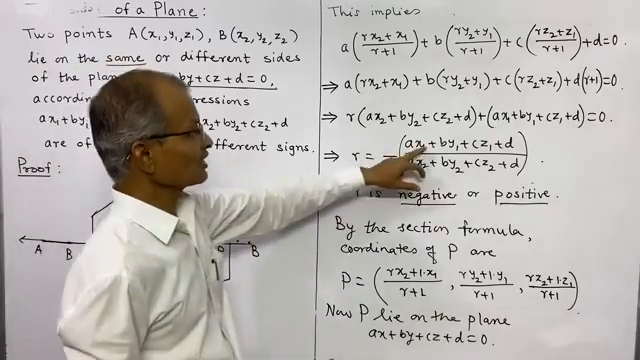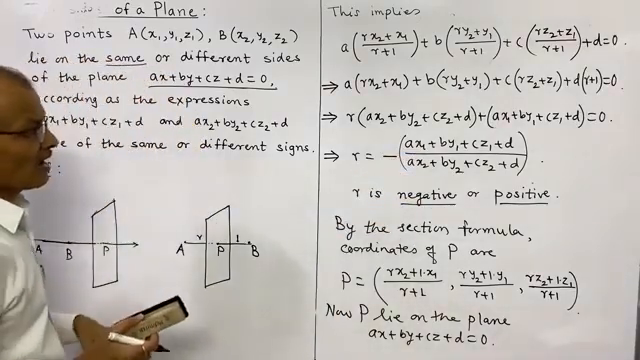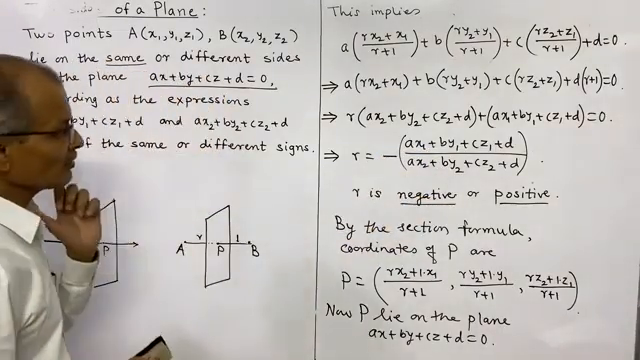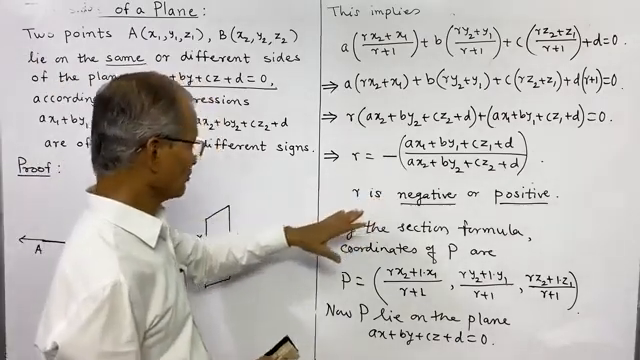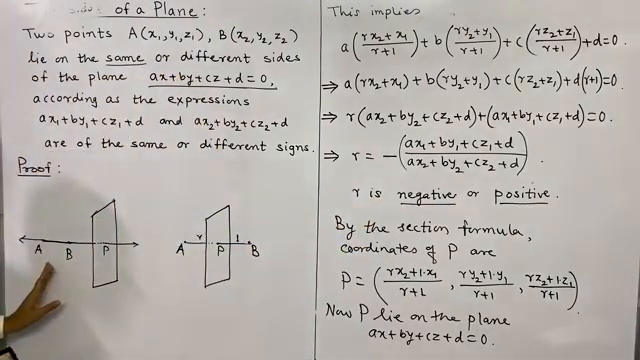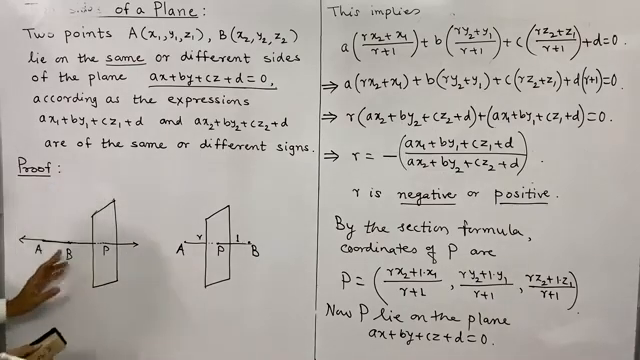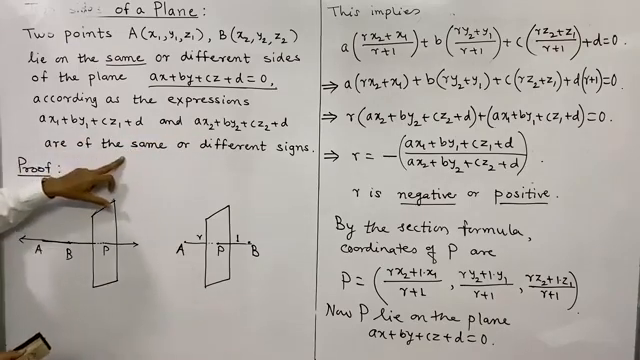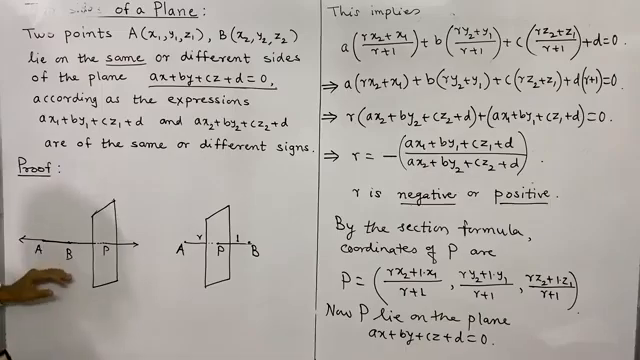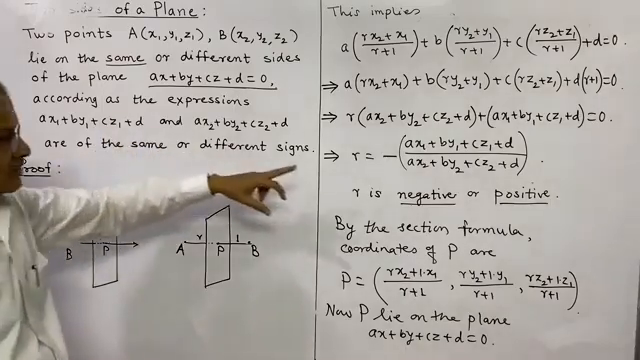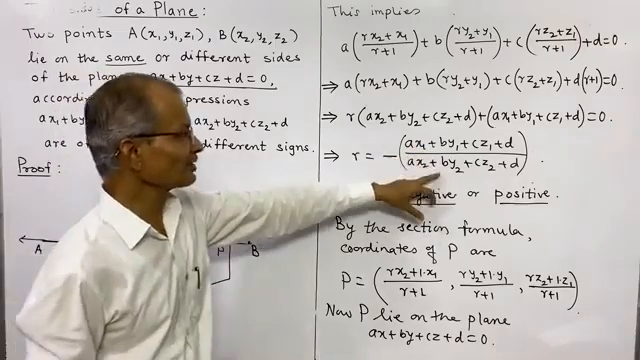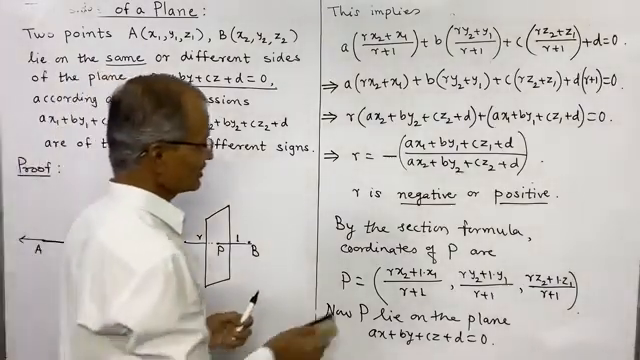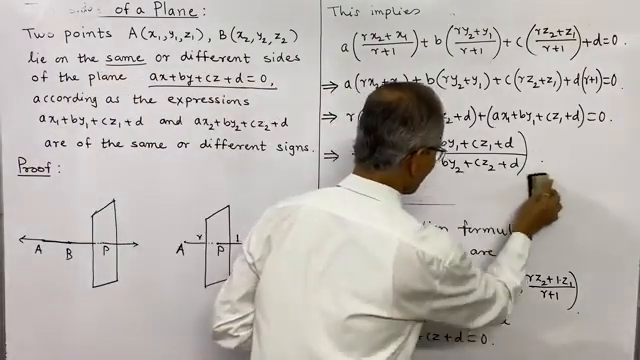So if these two expressions, a x1 + b y1 etc., are both positive, and thus r is negative, it means these two points will lie on the same side, because the division is external. So this is the result. That means if these two are of the same sign, then the points are on the same side. And if these two expressions are of different signs, then the points are on different sides. So this implies, if r is negative,